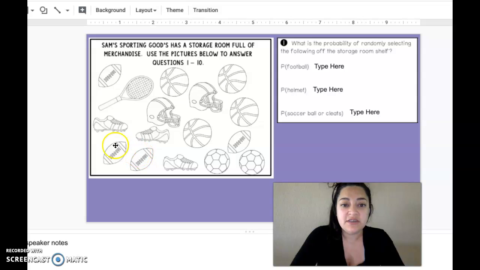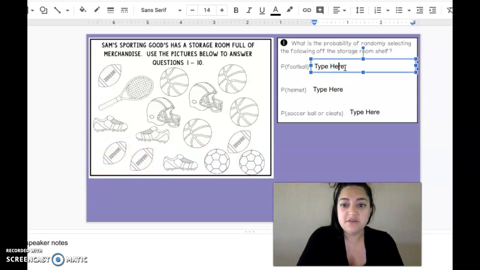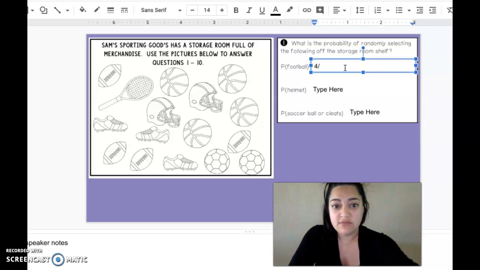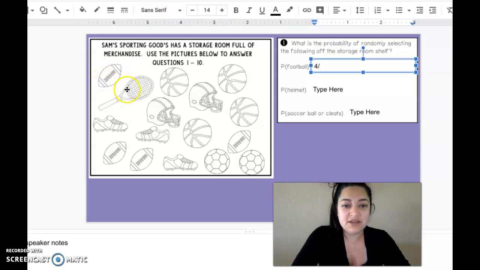Well, how many footballs are there? 1, 2, 3, 4. So probability of choosing a football: 4, which is how many successful outcomes, over how many do we have total? I'll count them here so you can see. 1, 2, 3, 4, 5, 6, 7, 8, 9, 10, 11, 12, 13, 14, 15, 16. So 4 out of 16,